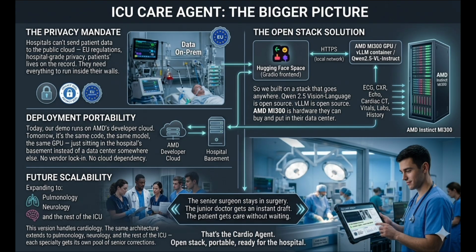This version handles cardiology. The same architecture extends to pulmonology, neurology, and the rest of the ICU. Each specialty gets its own pool of senior corrections. The senior surgeon stays in surgery. The junior doctor gets an instant draft. The patient gets care without waiting. That's the cardio agent. OpenStack, portable, ready for